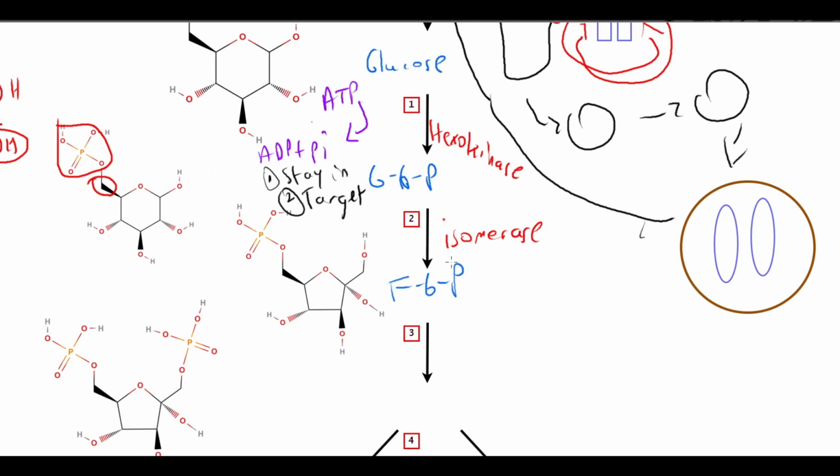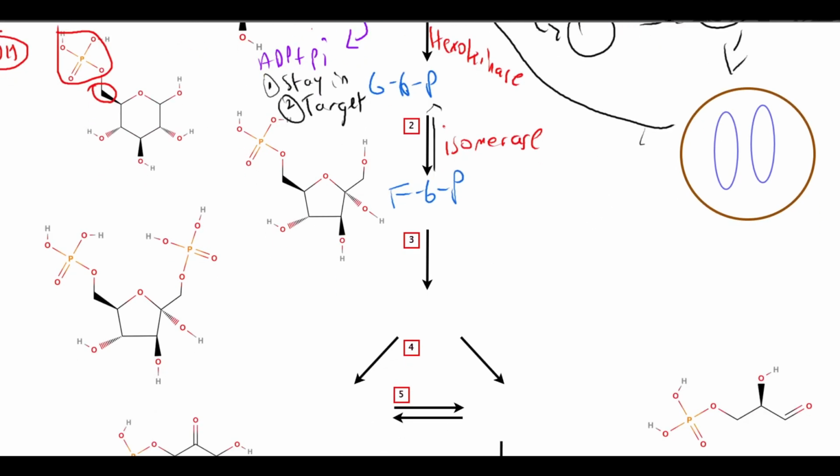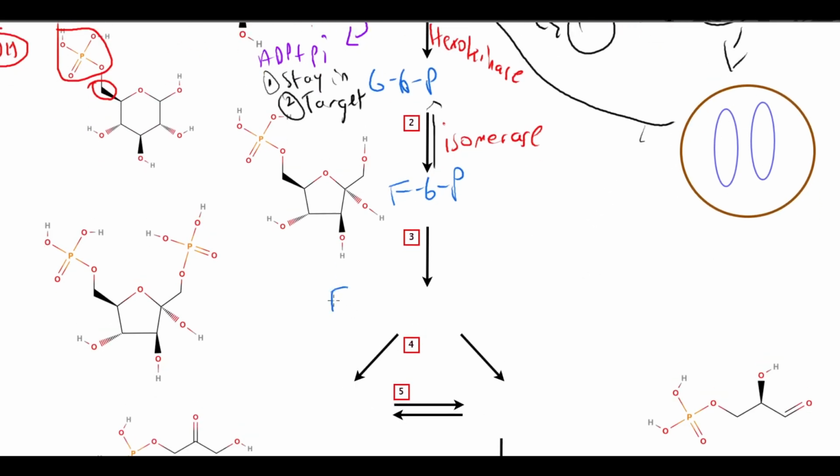To be specific, it's phosphoglucoisomerase, and this is a reversible reaction because they are isomers, and this isn't a control point. Really, it's just a reaction which facilitates the conversion of fructose 6-phosphate into the next molecule, which is very important, and that molecule is fructose